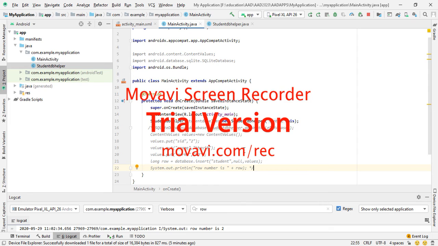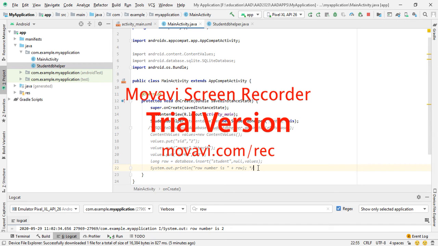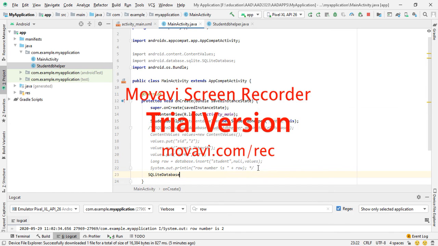Now to insert a record, we use the method getWritableDatabase. Now to read the record, we have to use the getReadableDatabase method.